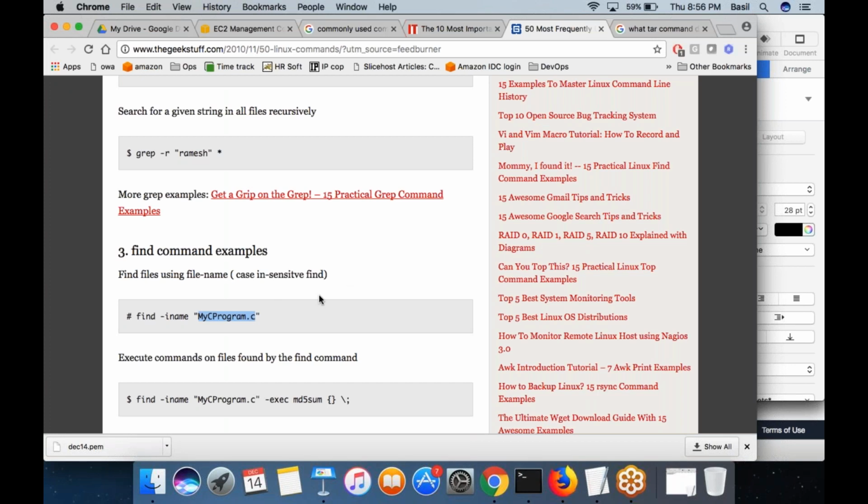This command does a recursive search. It will search in home, then the folders F1, F2, F3 inside home, and then the subfolders throughout the home folder. If any file is found with this name, it will show you the path of those files.